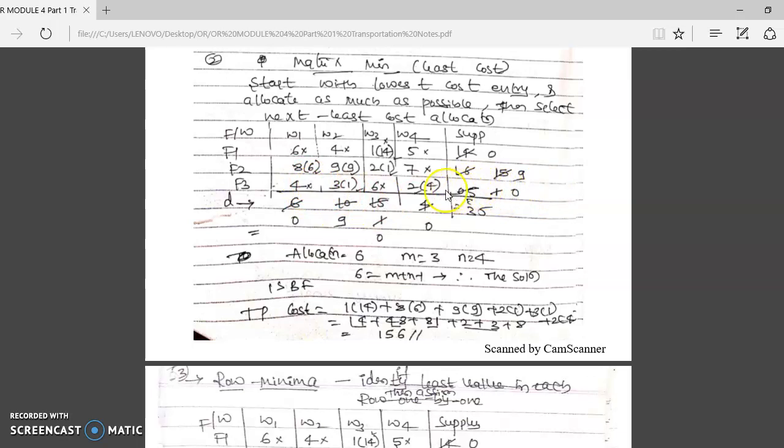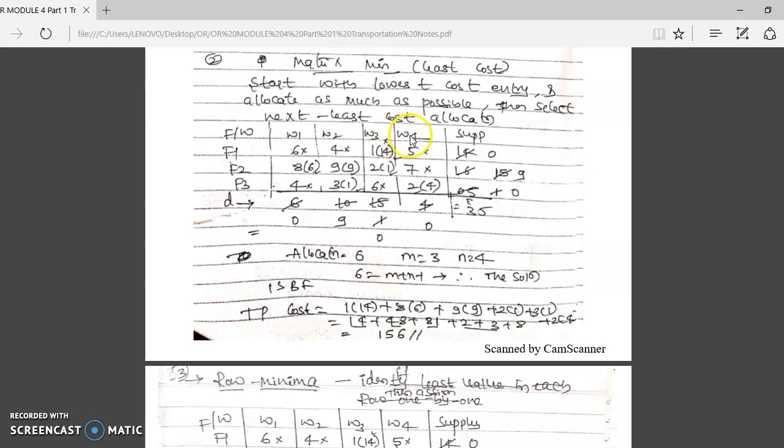So this becomes 0, cross 4 also. Why? Because this row element is 0, cross it. Then all of these rows are completed, only this row is left. So we come back to the 8 now. The next least element is 8. We can't take the 6 and 4, because these are crossed now. So come back to 8.